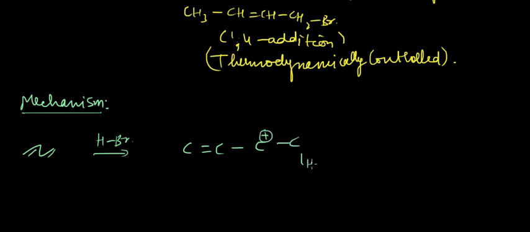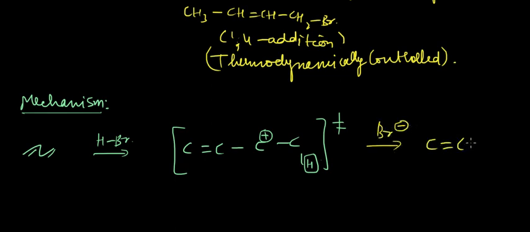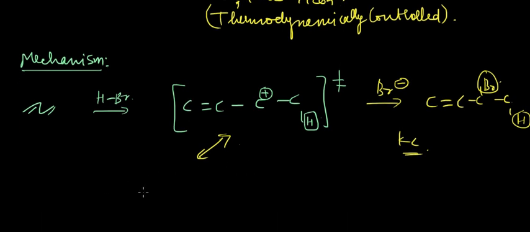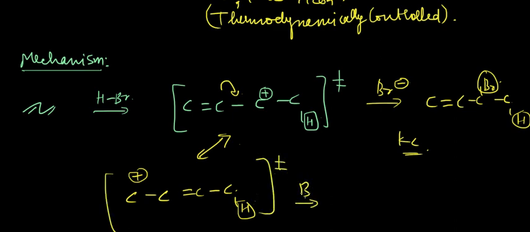With H atom attached at this carbon atom, this intermediate will be reacting with Br minus. As a result, we'll be getting this compound. It is kinetically controlled. Now what happens if the intermediate undergoes some rearrangement, in which we get a positive charge at this carbon atom, double bond here and single bond H here, which is also a rearrangement of the intermediate. Now Br minus happens to attack this carbon atom,